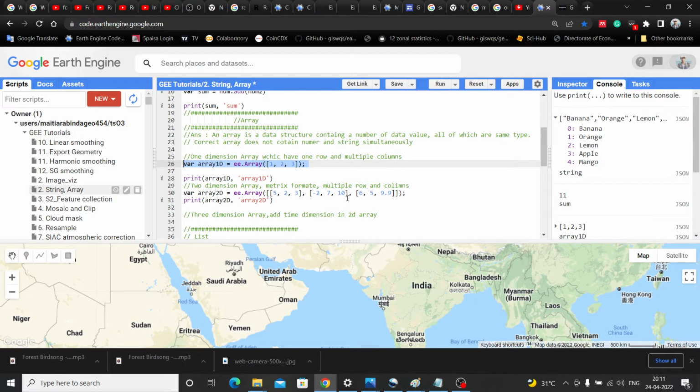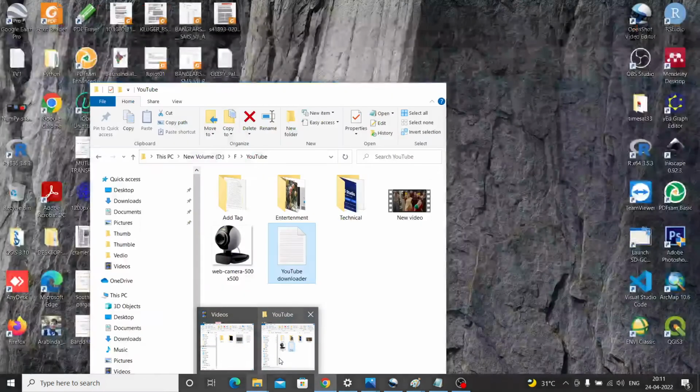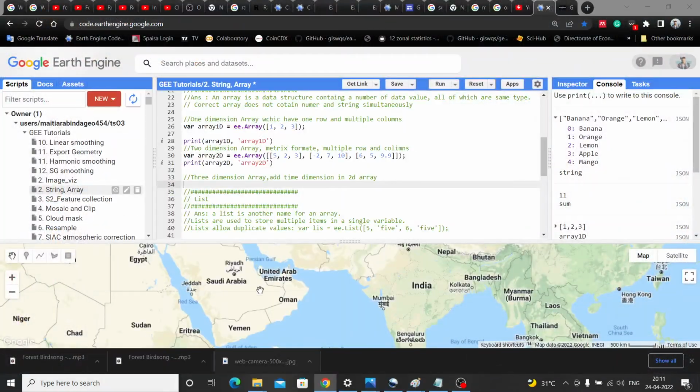That means multiple columns and multiple rows. And a three dimensional array is, if we add a time dimension into a two dimensional array, then it becomes a three dimensional array. Let's see the diagram based examples.